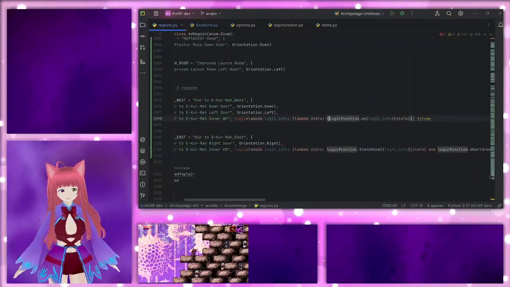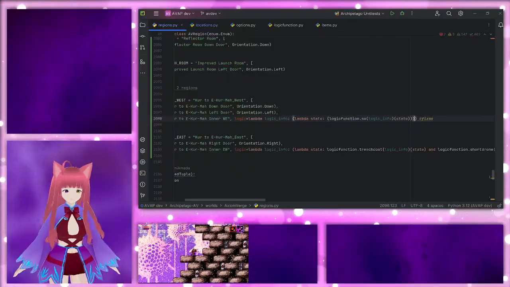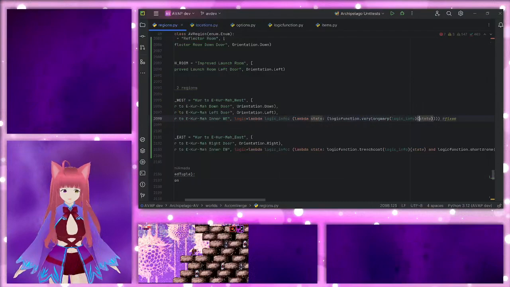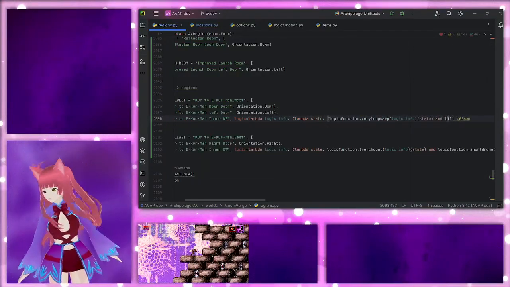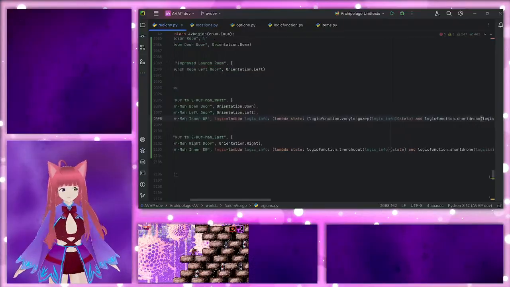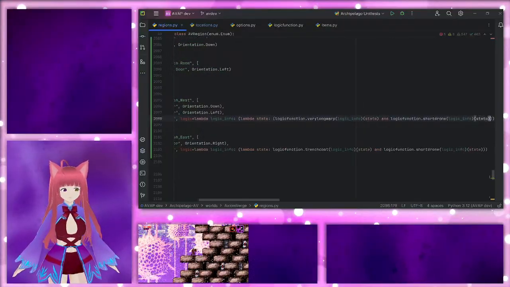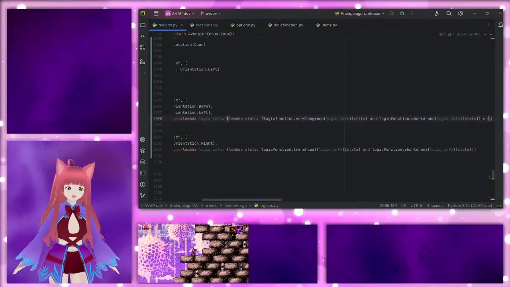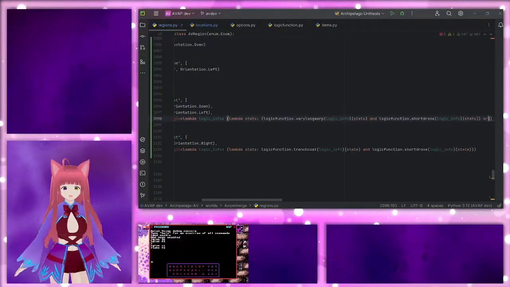I'm gonna start by putting in an extra set of brackets. A very long warp, which we don't use very often. And that already includes short drone. In fact, I think that, or no, no, it doesn't include short drone. Logic function dot. But I'm pretty sure there's another way in. And unfortunately for that,